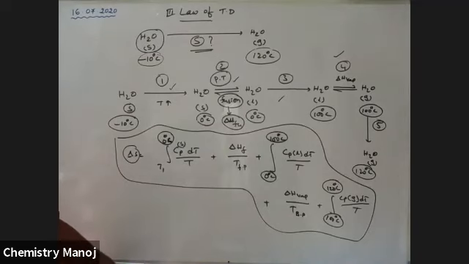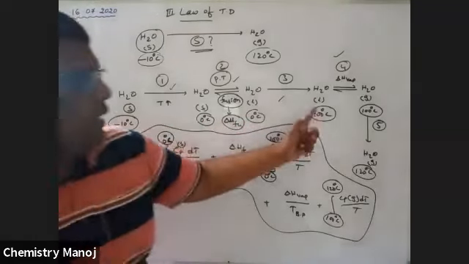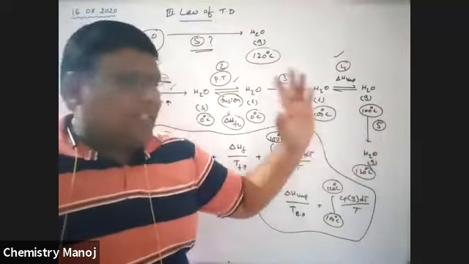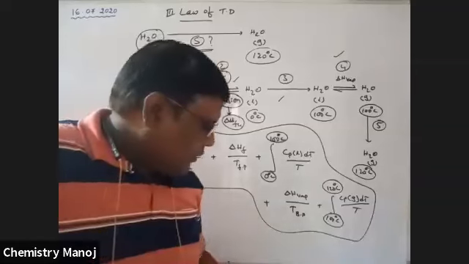So a total of 5 steps are completed: up to 0 and 0 to 0, up to 100 and 100 to 100, and after that, the final temperature. This is very important to calculate entropy. All this is due only to our third law of thermodynamics. So there is a problem based on this topic. See here.